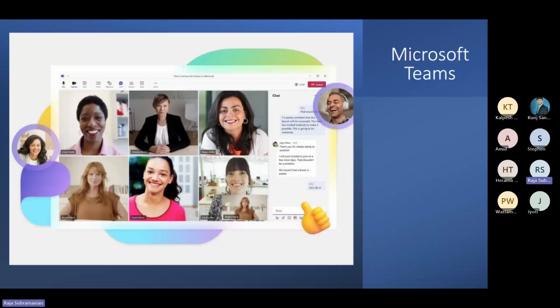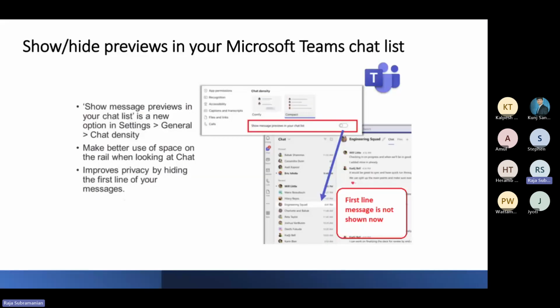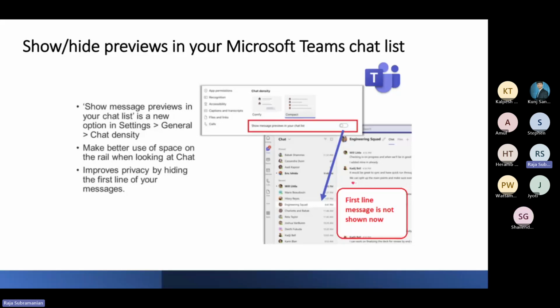Okay, so let us start with Microsoft Teams. Teams, we all know, right? We are already using it. A majority of organizations are using Microsoft Teams for day-to-day communications. One recent feature introduced by Teams is to show or hide the previews. There is a setting in the setup, where recently Microsoft introduced an option like show message previews in your chat